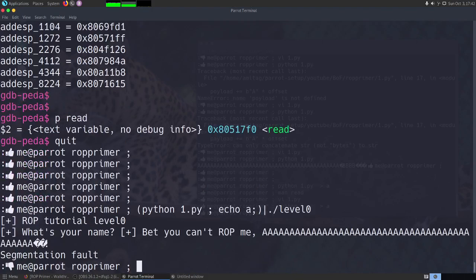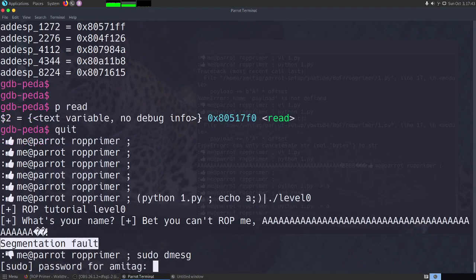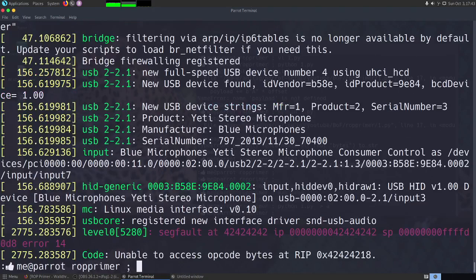Yeah, so again, it did a segmentation fault. Now let's look at where it did that. Again, seg fault at 42424242.